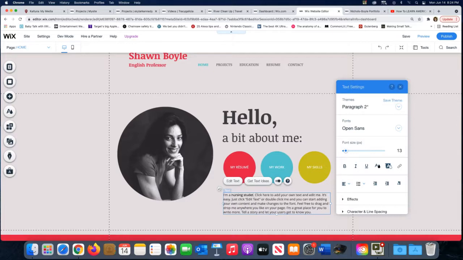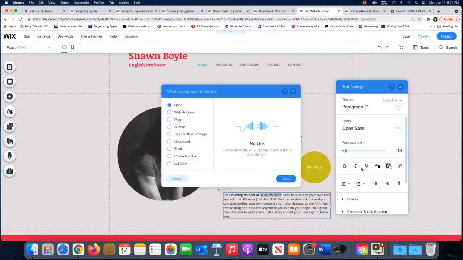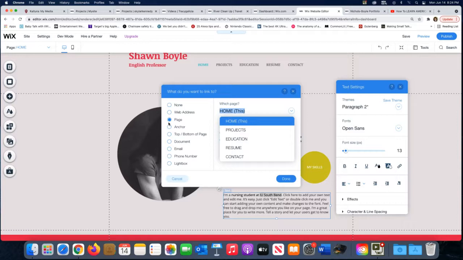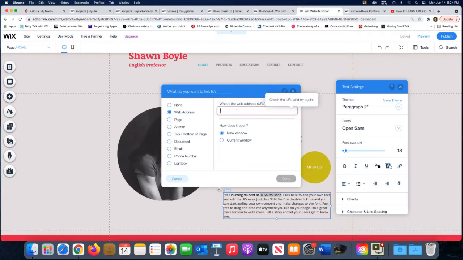Nursing student at IU South Bend. And of course, we'll have a better, more interesting introduction than that. Let's just have this as an idea. And then maybe you want to put nursing student, link it to the IU South Bend Health Sciences page, or even IU South Bend to the Health Sciences page, nursing section, something like that. So you will highlight the text, click on the link here, and then you want to go to a web address. Again, you could do a page as well. If it was a page, you would just choose a different page you want here, or see my resume page, something like that. But we'll do web address, and then again,